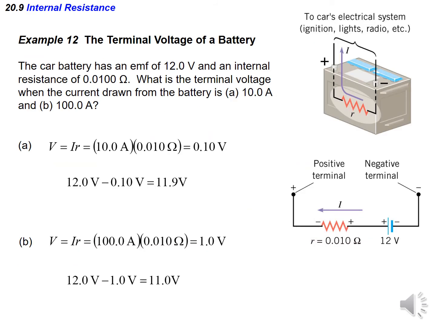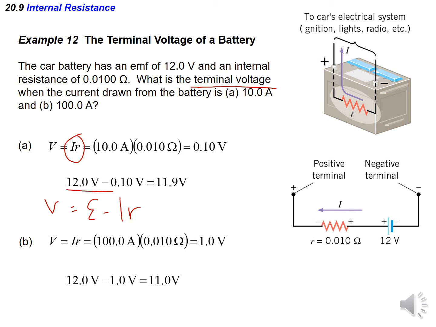So in this problem, we are asked to get the terminal voltage. Again, for terminal voltage, the formula is equal to E minus I multiplied by R. But in this problem, what the PowerPoint did is he computed first for IR, and then after that, he subtracts the IR from the value of the